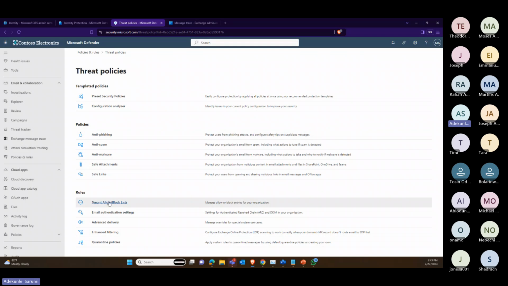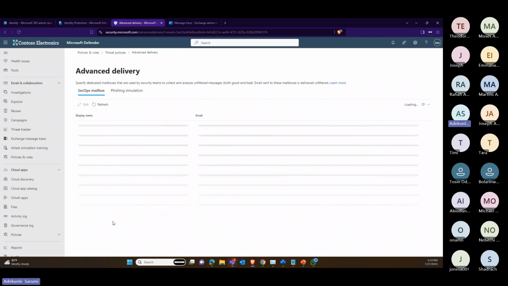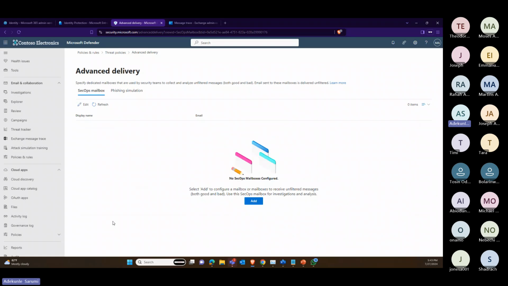Then we have rules. So tenants allow block lists. Maybe you've noticed this particular domain always sending spam emails to your tenant. You can easily block that tenant. It also allows you to block URLs and block usernames as well. Then the email authentication, DKIM, admins are very, very familiar with DKIM, and now you can configure this. Advanced delivery. Advanced delivery, this case is when you have, say, for emails that are received,